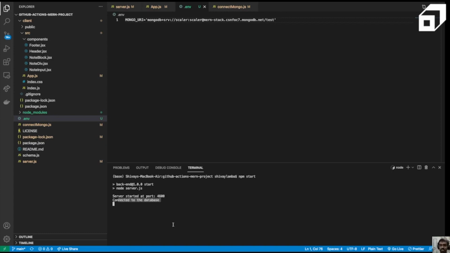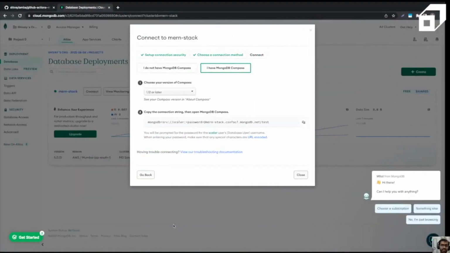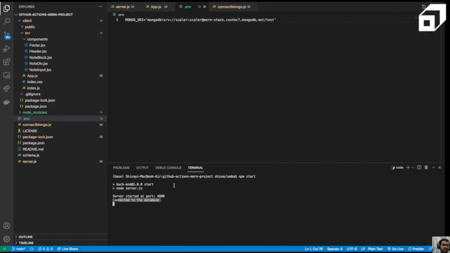So if you were to now, let's say, hit a post request, we'll be able to create the data and we'll be able to see how that data looks. So basically this is from the backend. Now, of course, we also have to set up our application once we start defining our GitHub Action workflow. We'll be utilizing that. But for now, we can go ahead and start with the creation of our GitHub